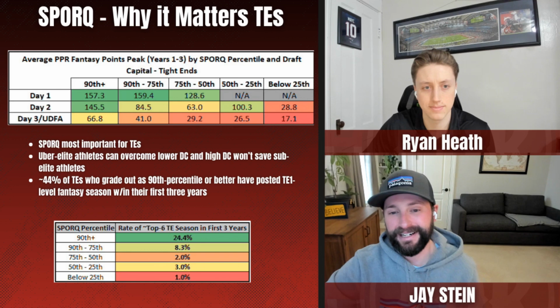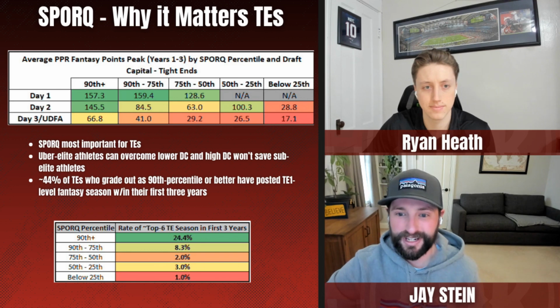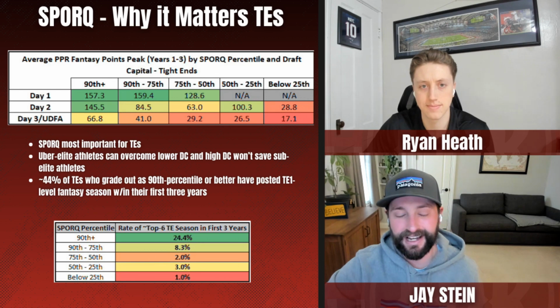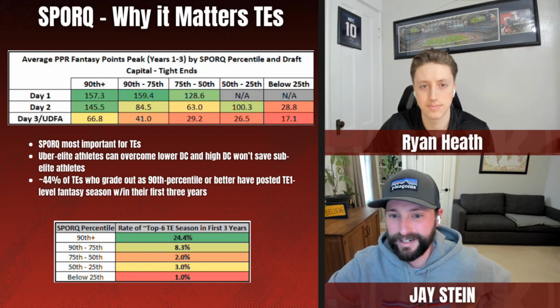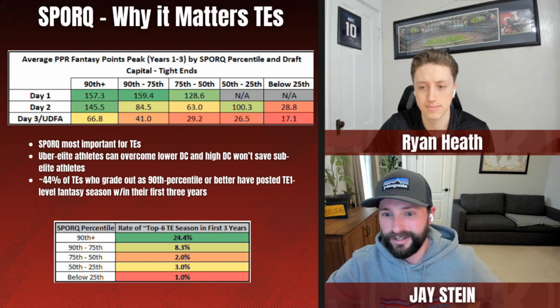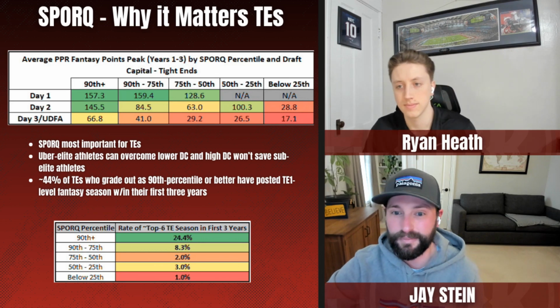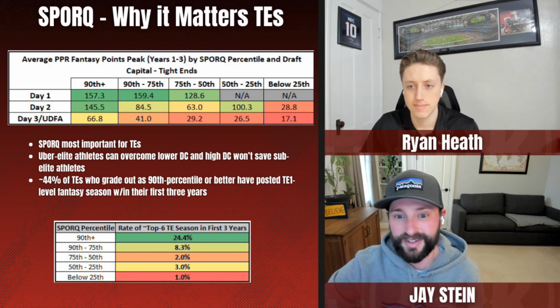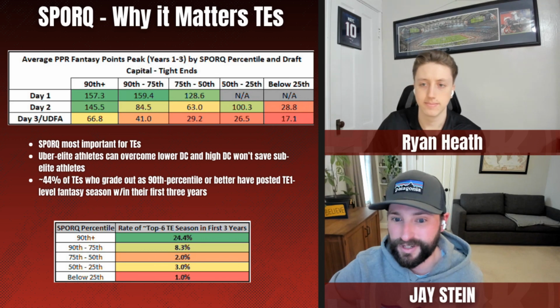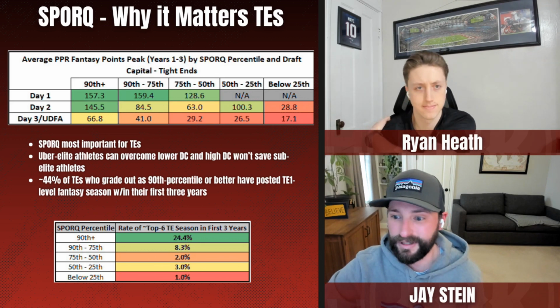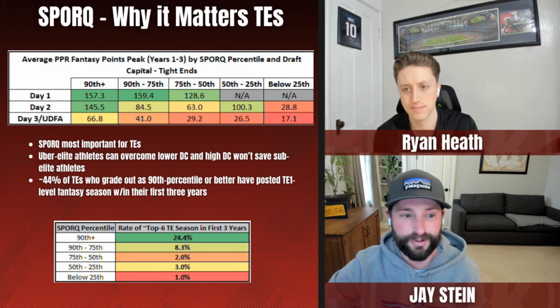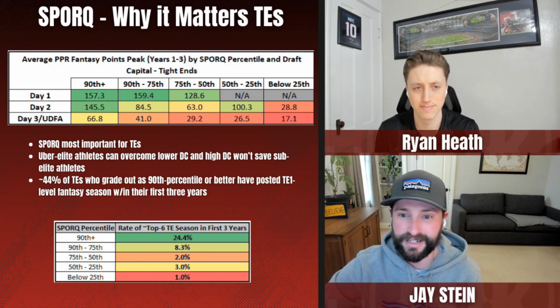But in the future, if you're sitting in your 2nd round or 3rd round and you're looking to take a tight end, you can use Sporq as a way to filter out some of the guys, and the production you get from him might be as good as something you get from a day 1 tight end with similar athleticism, especially in the 90th percentile. So that's exciting. That really does mean a lot in a position where